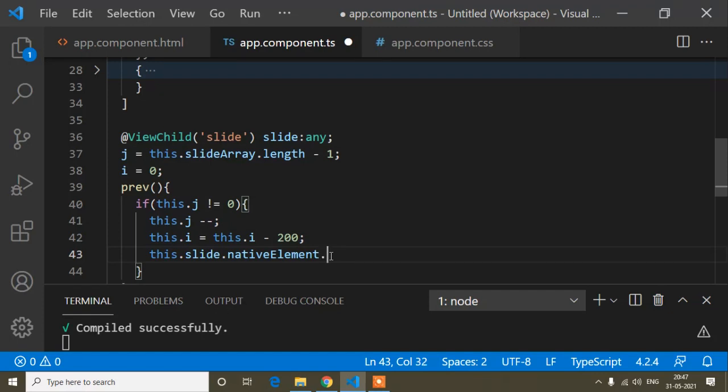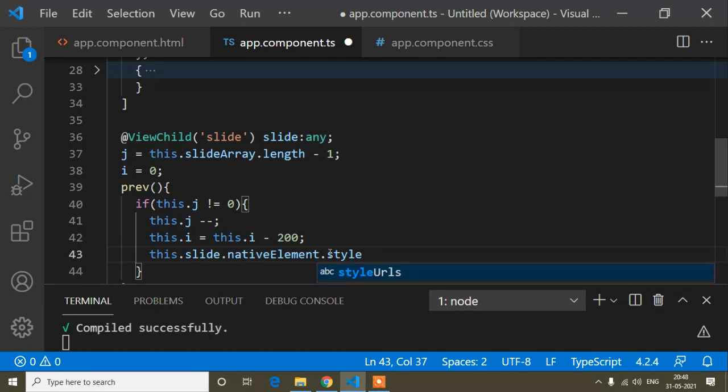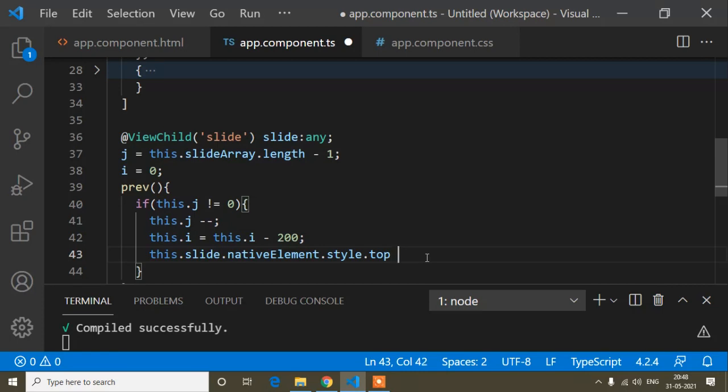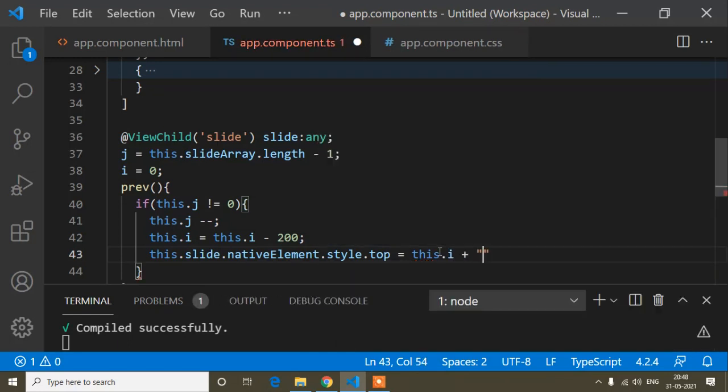First of all we have to write this.slide, that means this variable.nativeElement.style.top, because here I want to change the top property, and equals to the value of this.i plus pixel. Okay, it's done.